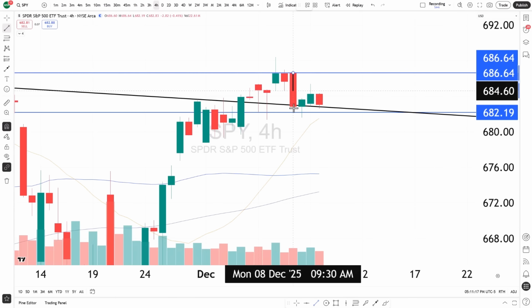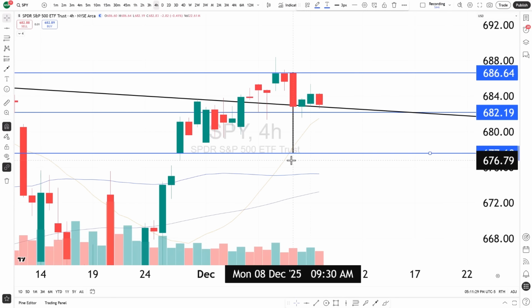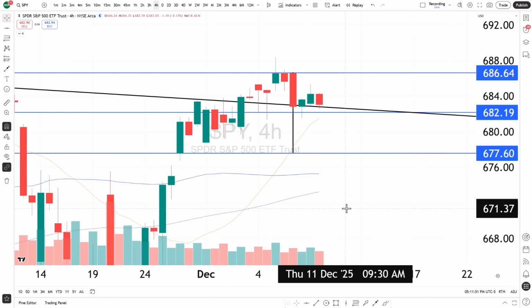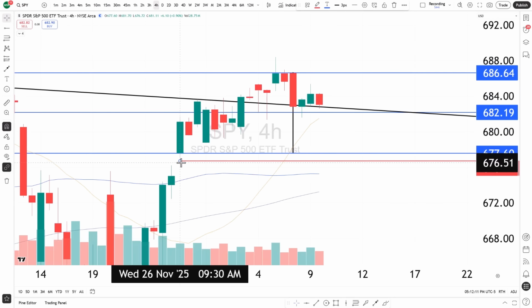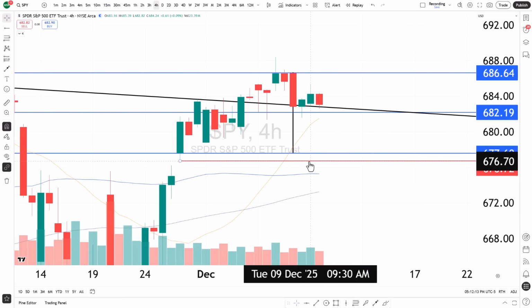Where exactly in the vicinity would that leg lower be? Well, it would be right around the vicinity of the entrance to no man's land. Remember, it's not exact, but we could call this around the vicinity, near 677.60 give or take. Right here, this red line represents the entrance to no man's land, and generally speaking, that is a bull-bear battle.